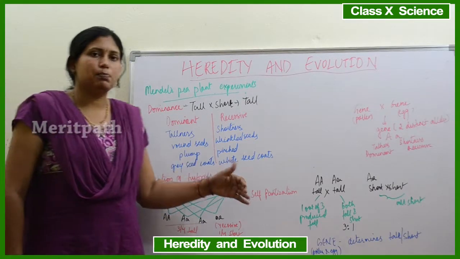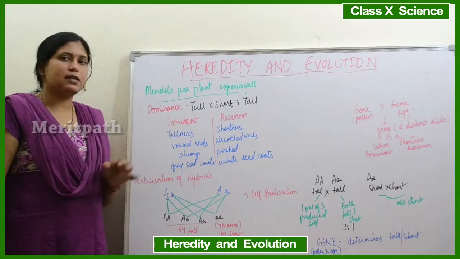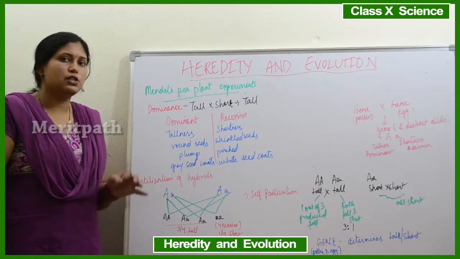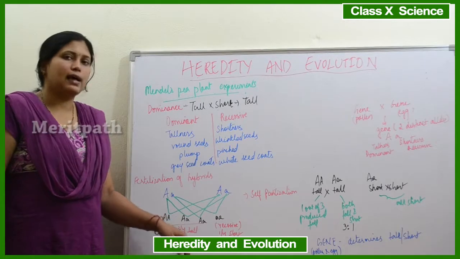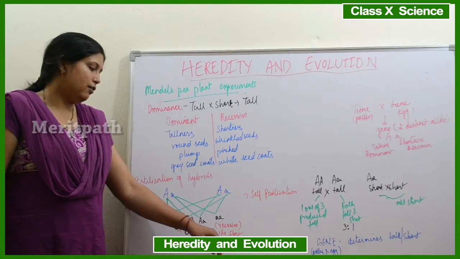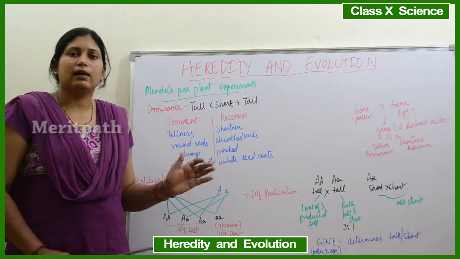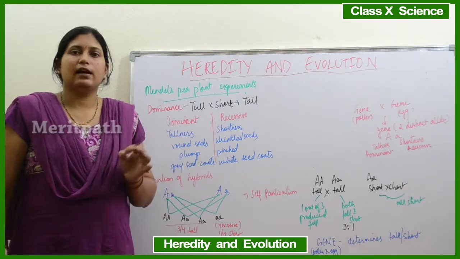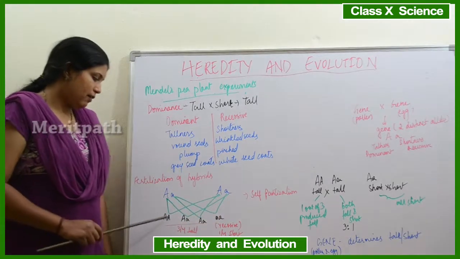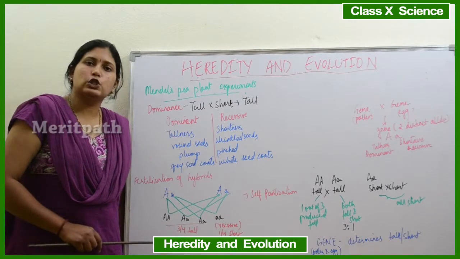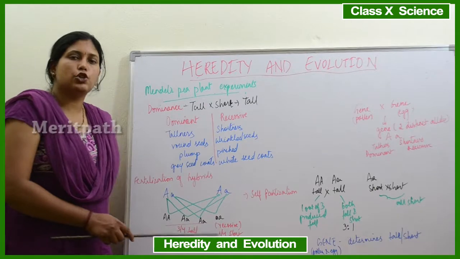When again these plants were self-fertilized. So clear, right? He did some self-fertilization on the plants which were tall, and what result did he get? He got the result as 3/4 were tall and 1/4 were short, that is recessive. Capital A is indicated for the dominant feature, small a for the recessive feature. So wherever there is one capital A, it is always tall, as tall is dominant. Wherever there are two small a, the recessive is expressed, that is a short plant.